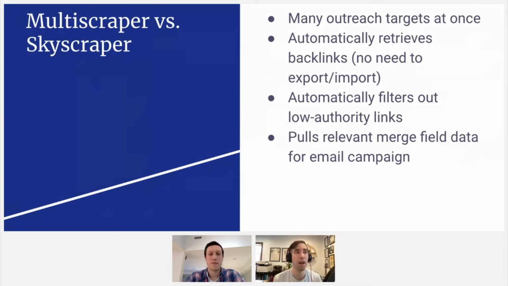One thing I've seen, there may be topics that you're searching for where you see a bunch of articles, but they have like 5 or 10 links to them. And I know some people that do the Skyscraper Technique say, I only want to spend time building a Skyscraper outreach campaign if there are 50 or more backlinks, because if there are only 10 or 5 links, it's just not worth my time, because every single campaign takes time to set up. But with this Multiscraper campaign, it doesn't take any additional time. It's all doable at once.